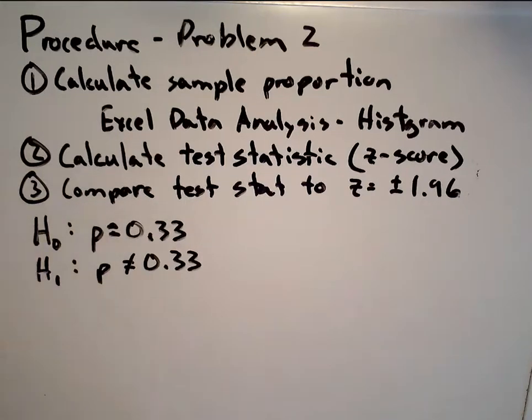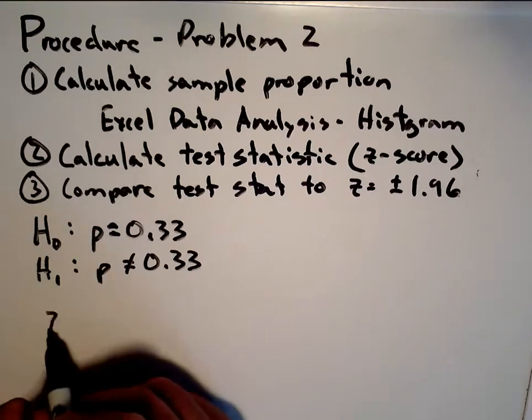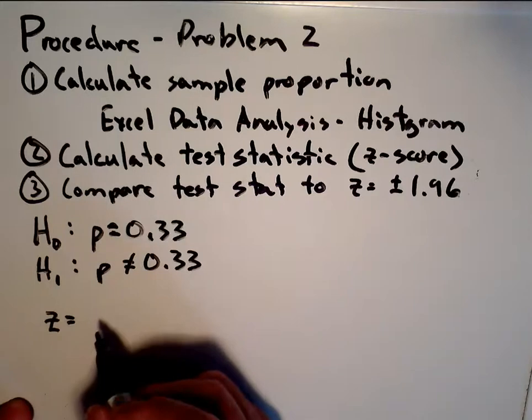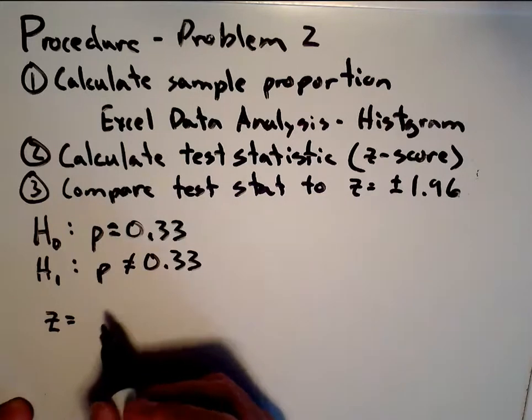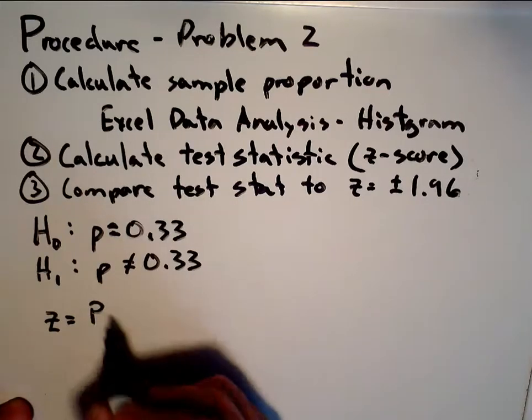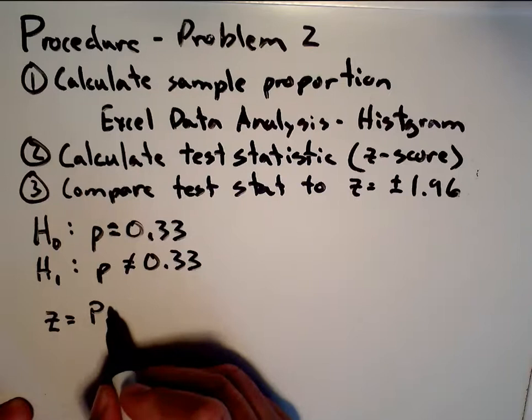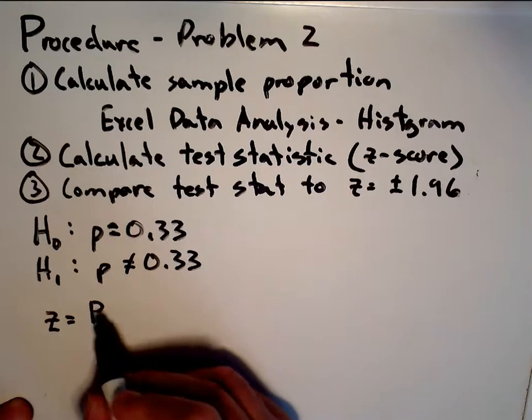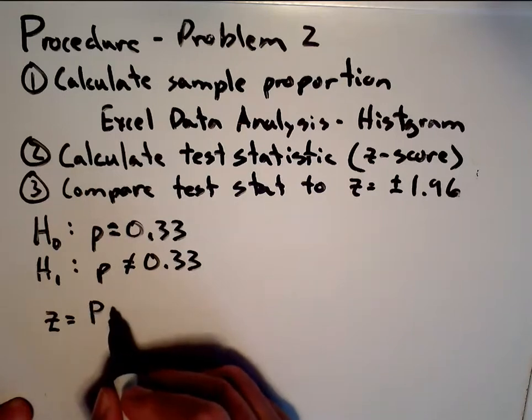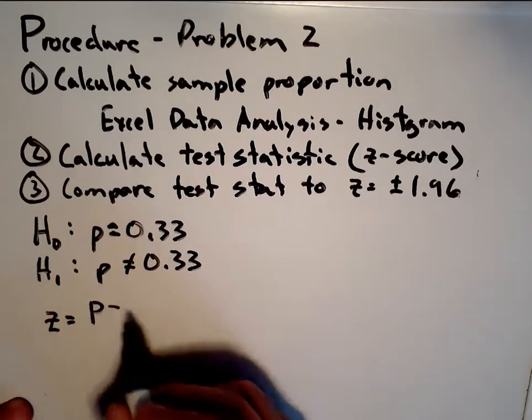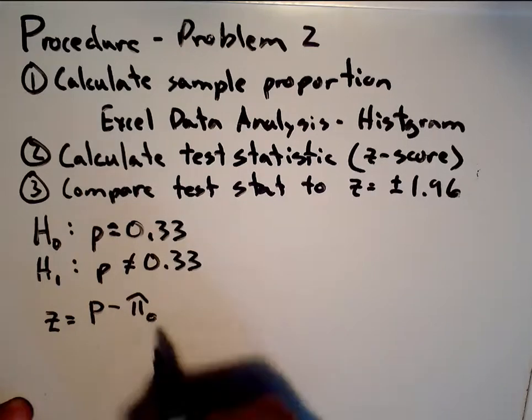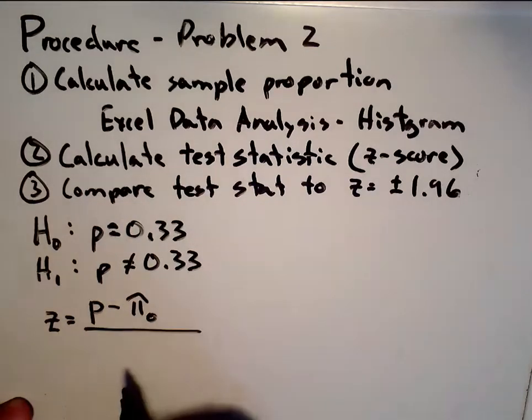This is different than tests of the mean, and the test statistic that we will calculate, z, looks like this. It's equal to the proportion minus the hypothesized proportion divided by